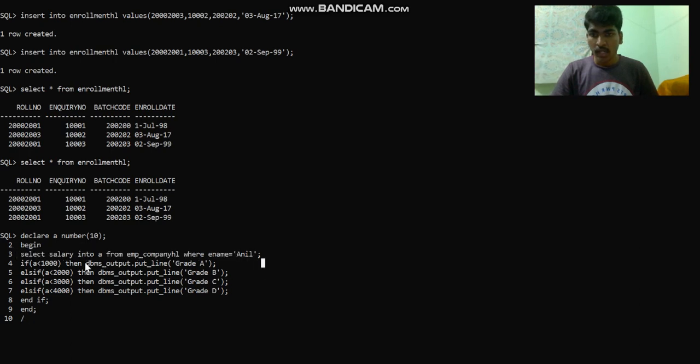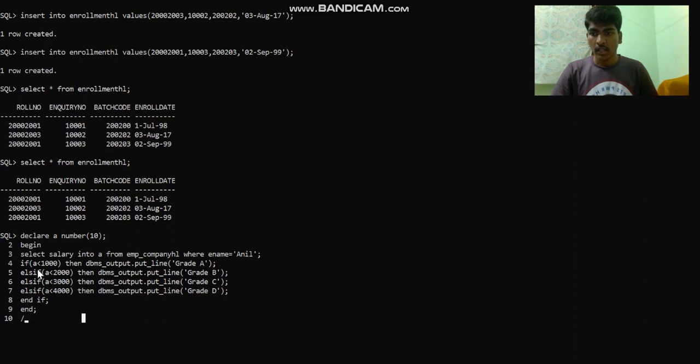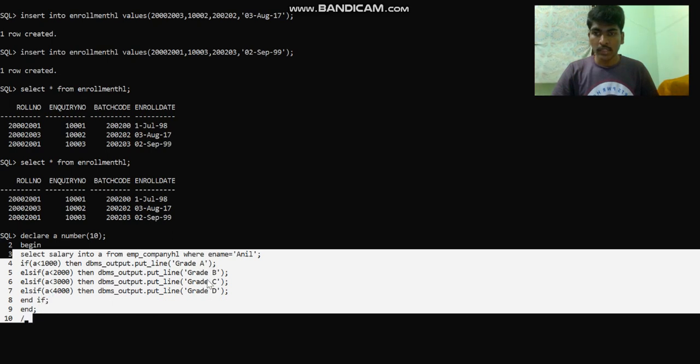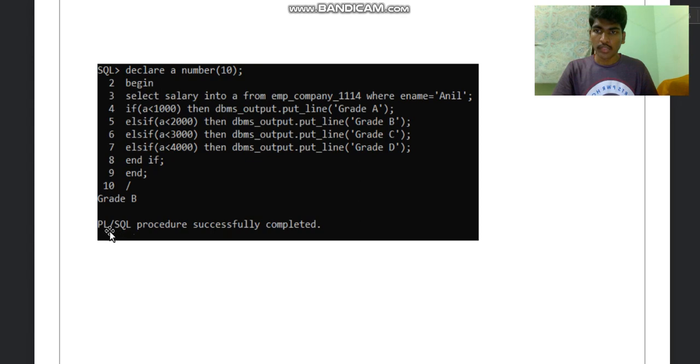This is the process which will check whether the amount is less than 1000, 2000, 3000 or 4000, and according to this it will give the grade. You can see the output. It will print the grade is B. Then it shows PL/SQL procedure successfully completed.